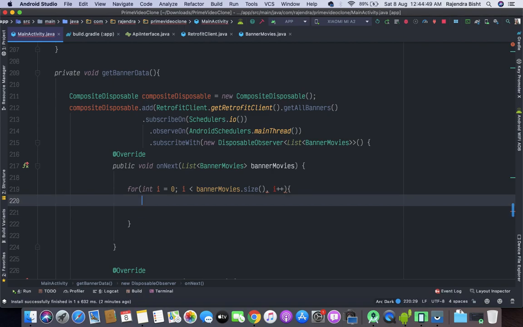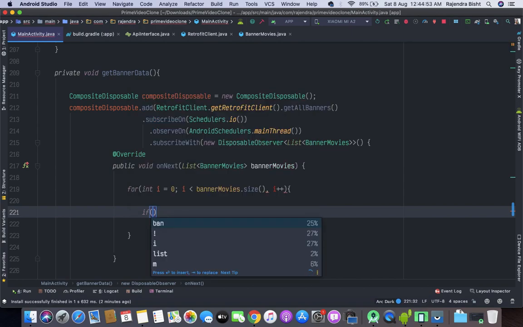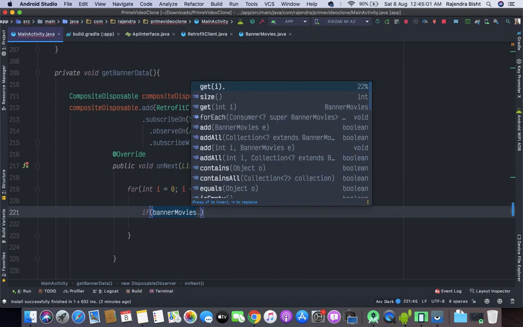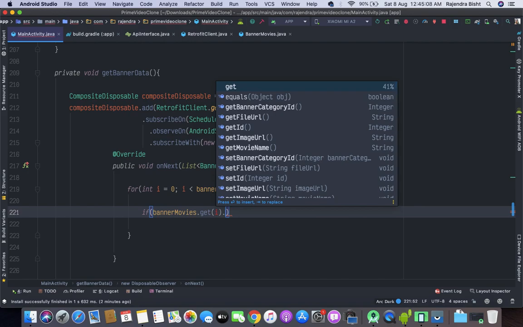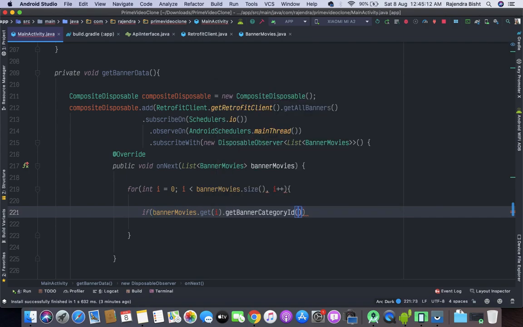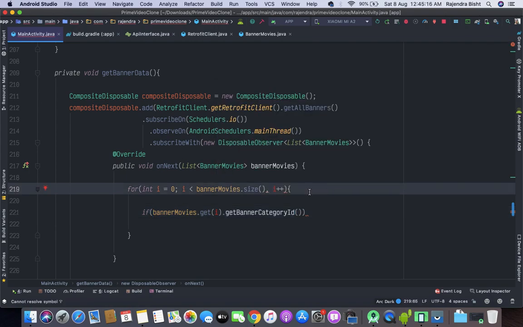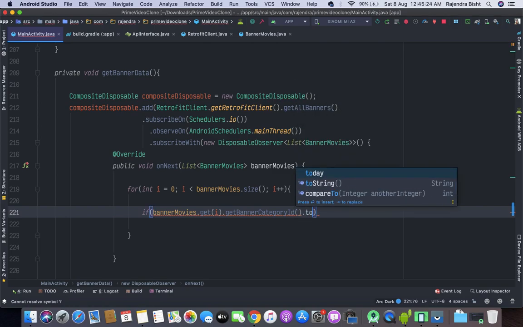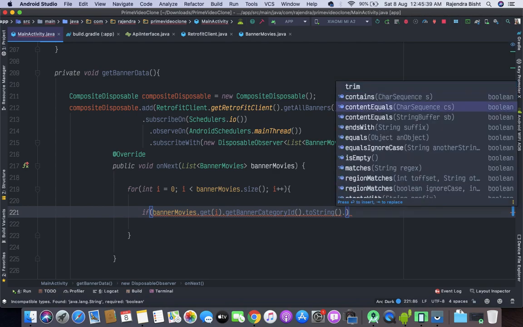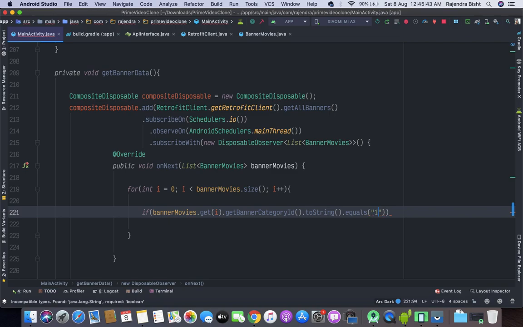So here I will add a condition: if banner movies dot get of i dot get banner category id dot to string is equal to 1, or I can write this also dot equals, where I will put 1.